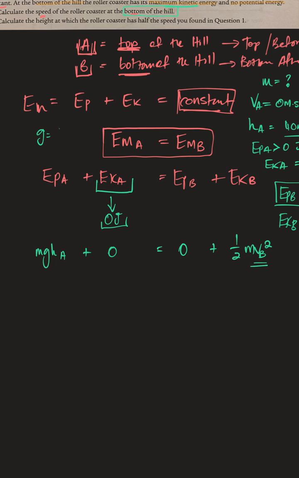My G value is equal to 9.8 meters per second squared. Alright, so I'm going to say M times 9.8 meters per second squared, 9.8 multiplied by 40 plus 0 is equal to 0 plus half times the mass times VB squared. Alright, now if I'm looking at something like this or this sort of situation,